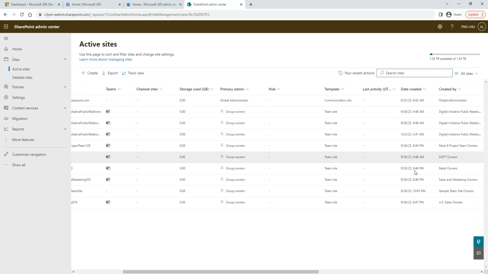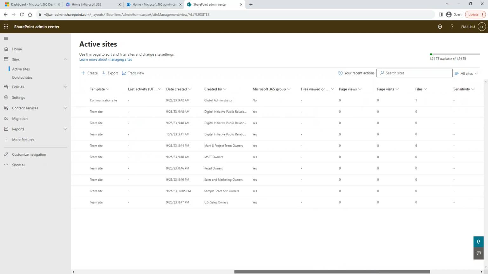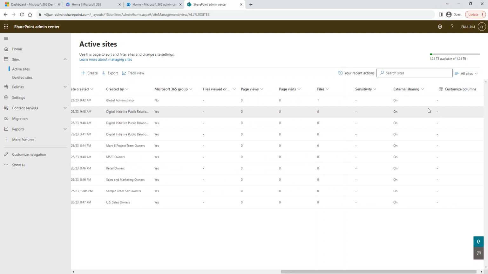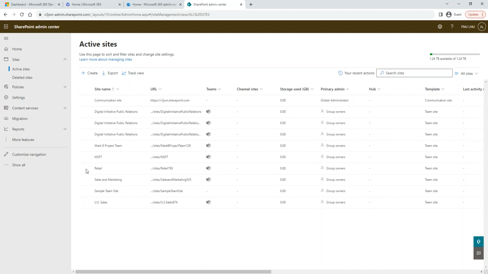When was it created? I don't know why it says 9:23. This doesn't look true. 9 a.m. I just created it today, so it has to be today. Created by, all of it is global administrator, and everything is created by the system for us. So some of the data that shows in here doesn't make any sense to me. How many files and is it shareable externally, things like that. We're going to talk about it later in depth. What are those different attributes when we talk about a SharePoint site?